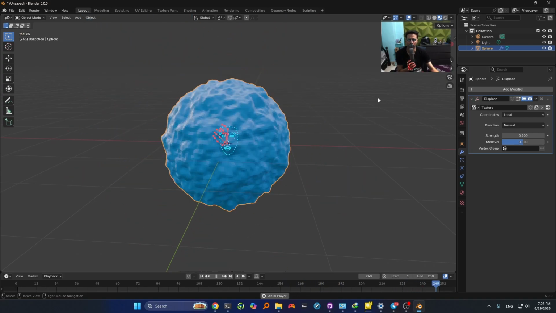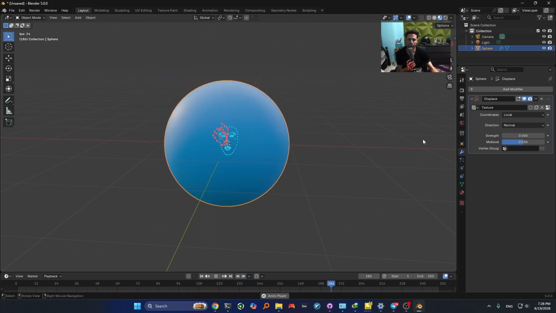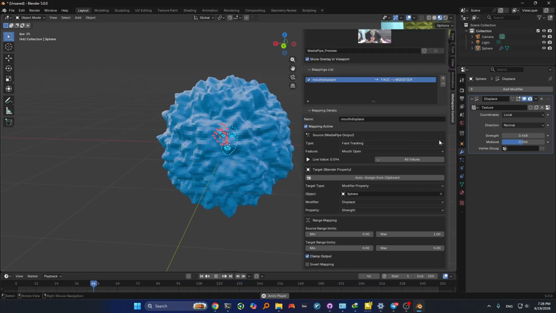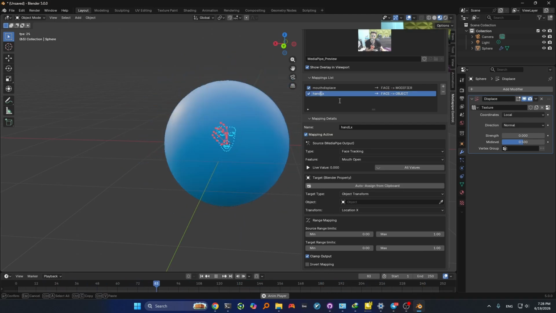Now I also want to map the X value of this sphere to the X value of my wrist. For this, I have to do another mapping. I open the add-on, add another mapping. I type hand LX or hand right X. I want to use my right hand. Hand right X, select right hand